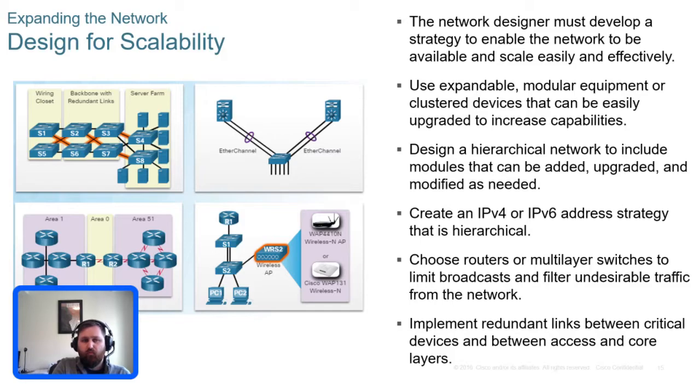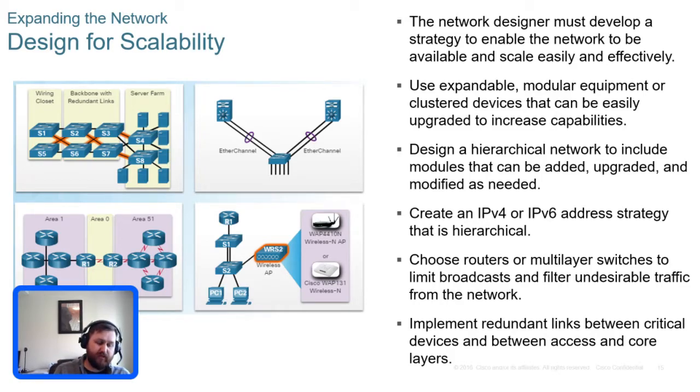And what we talk about when we're thinking about scalability is not just how big we can make the network, it's also thinking about being able to incorporate redundancy, increasing throughput in certain areas, being able to add on in a modular fashion into our network as well,